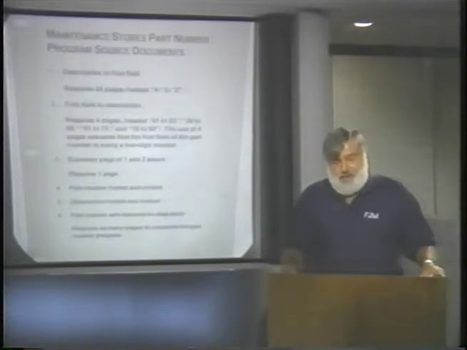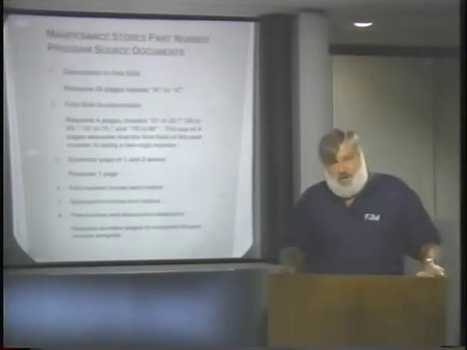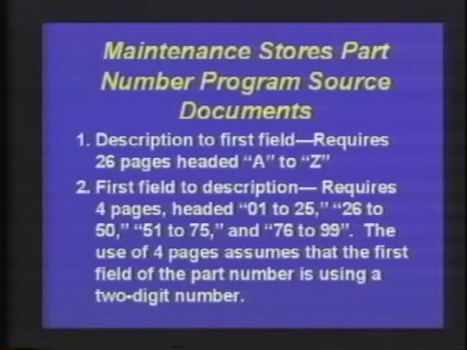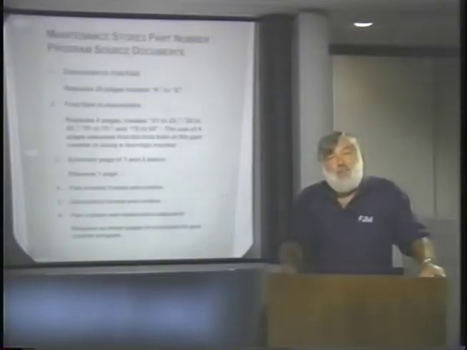The second document required is the first field of the part number and cross-referencing that back to the alpha designator. As an example, if we have a 2-digit part number for the first field, then we need 4 pages for the second document, which is the first field to the description. We can pre-number the pages assuming we have, let's say, 25 lines per page. The first page would be pre-numbered 0, 1 to 26, as I've demonstrated here in step number 2, or form 2. The second page would be 26 to 50, and so forth. So in this case, we would have 4 pages, and that would give us the ability to identify 99 different